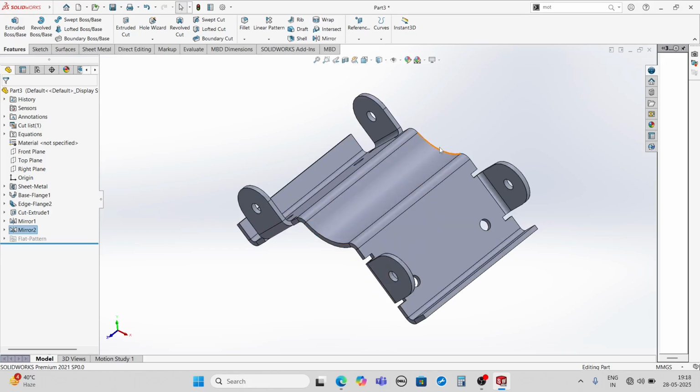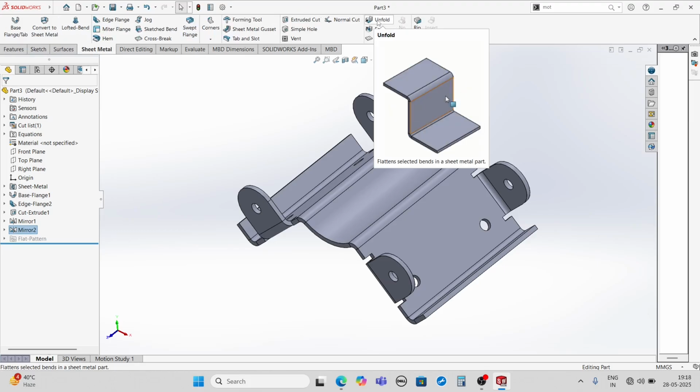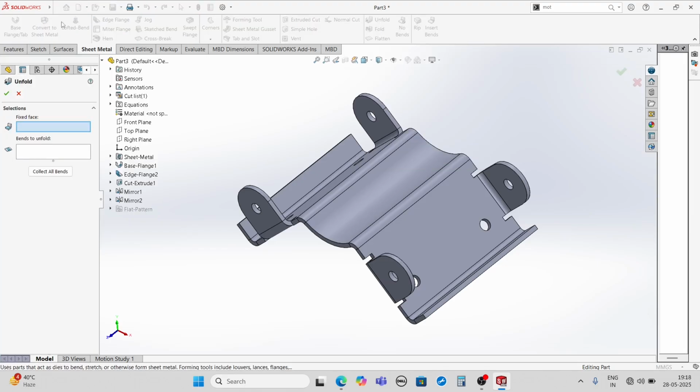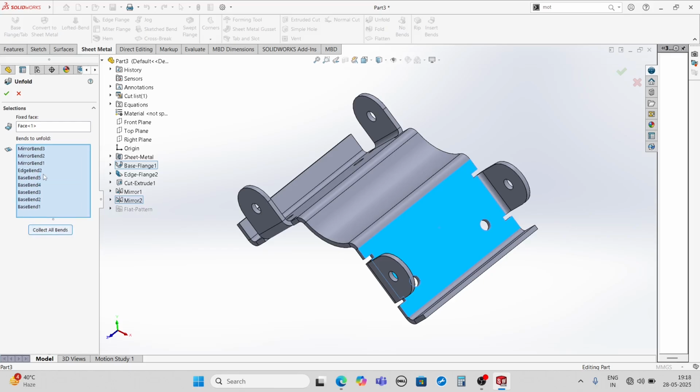Now friends, we want to create two holes here. So for that, first of all, we will make this flat. Because if we make a hole feature here like this, then some distortions will be there. So first of all, we will have to unfold it. So from here, friends, select sheet metal. Then select unfold. Click on unfold, then select the face. I am selecting this face. Now from here, click on select all bends. So now all the bends have been selected, and when I click on right, this will get unfolded